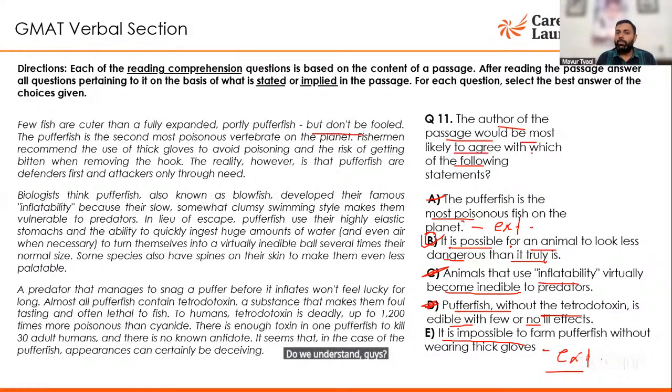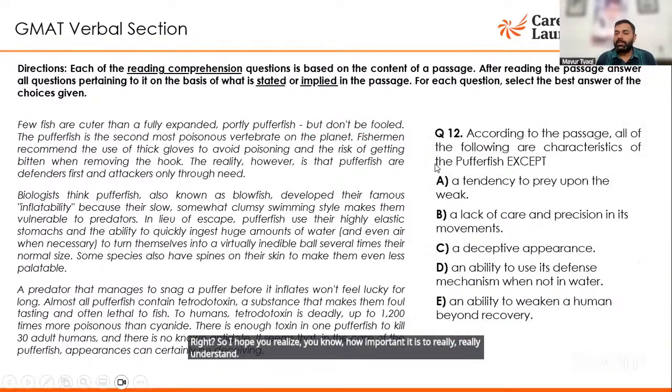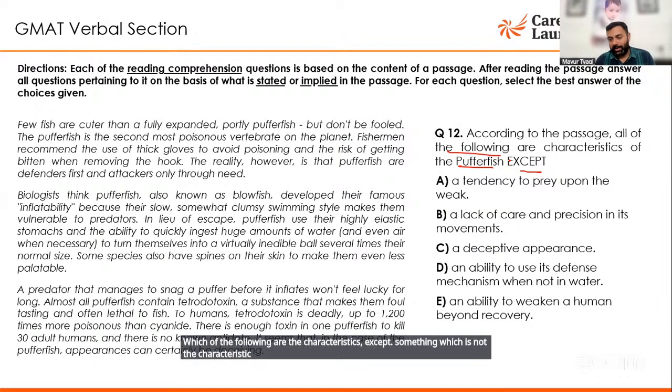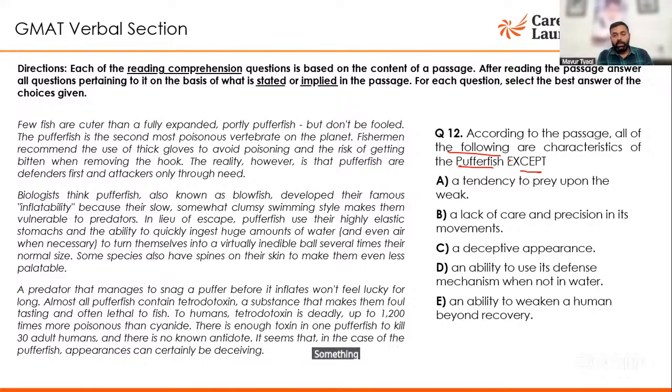Right? So I hope you realize how important it is to really understand the passage. Now, here it says, according to the passage, which of the following are the characteristics except something which is not a characteristic. That is what you're trying to identify here, right? So please keep that in mind. Something which is not a characteristic: tendency to prey upon the weak. Is it preying upon the